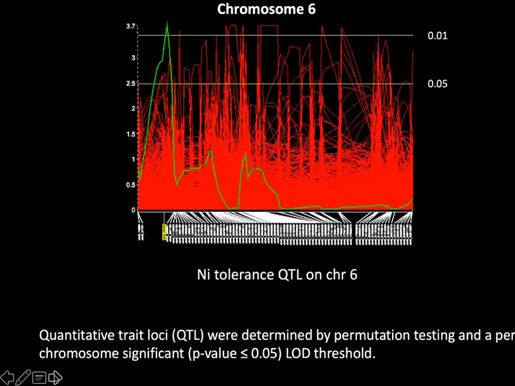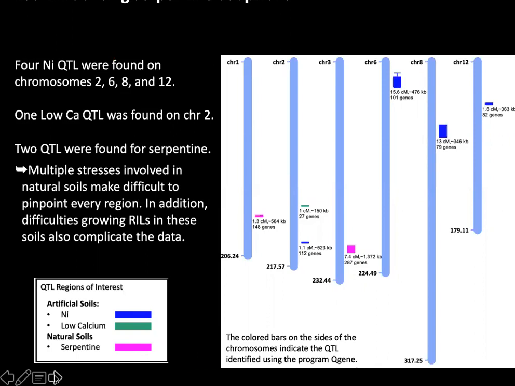Together, the genotypic and phenotypic information were input into QGene to identify QTL. They were determined by permutation testing and a per chromosome significance threshold. I was able to use the markers from MSG to identify the physical positions underneath the peaks. Using that information, I was able to build a chromosome map detailing where these QTL are found for their specific